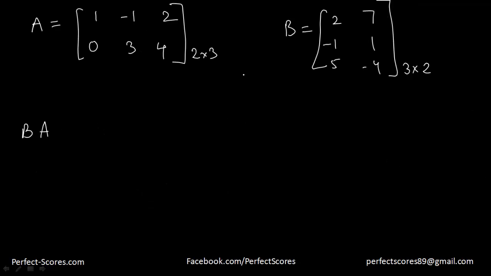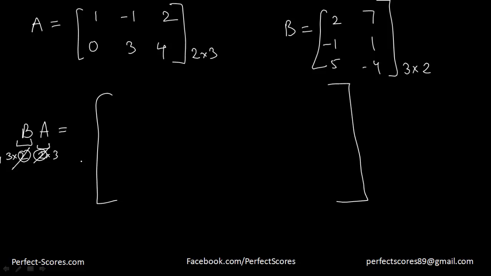Now for B into A, the order of B is equal to 3 into 2, and the order of A is equal to 2 into 3. So that means 2 is equal to 2, which means they are compatible. Now B into A is going to be of the order of 3 into 3. So you can clearly see here, B into A is going to be an order of 3 into 3,